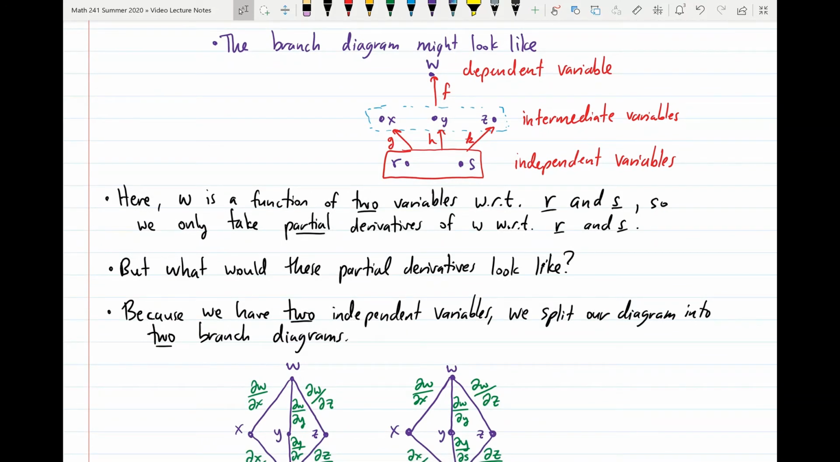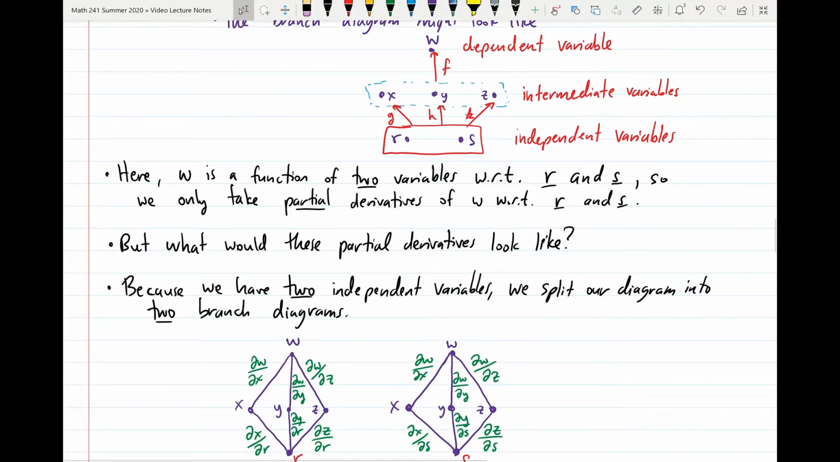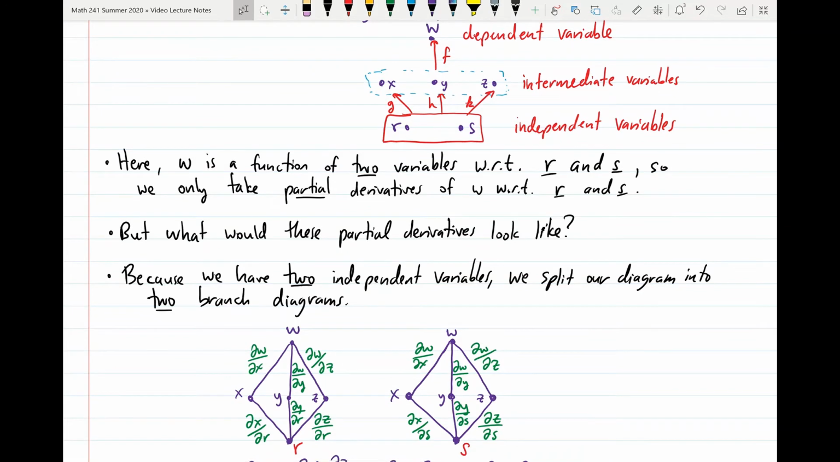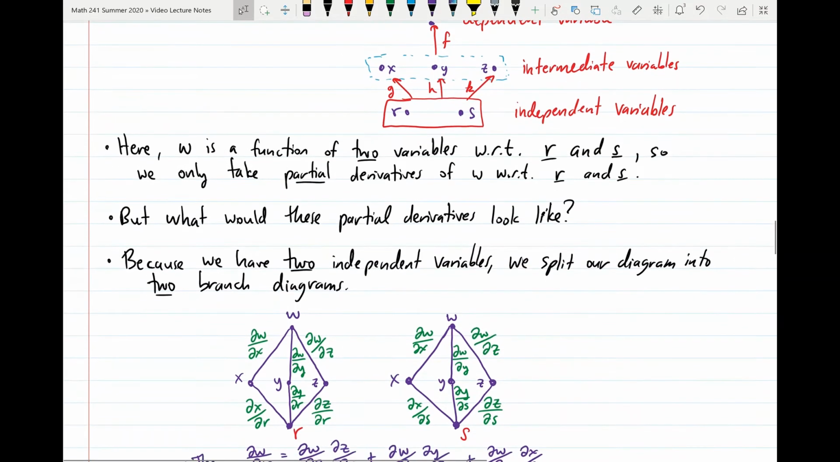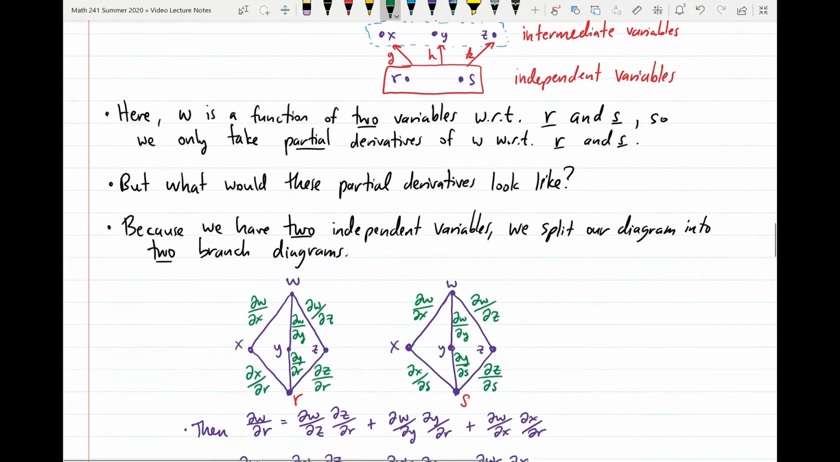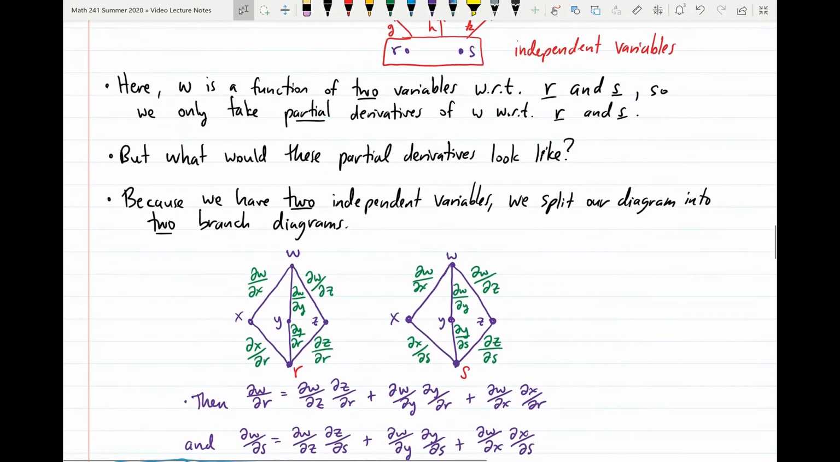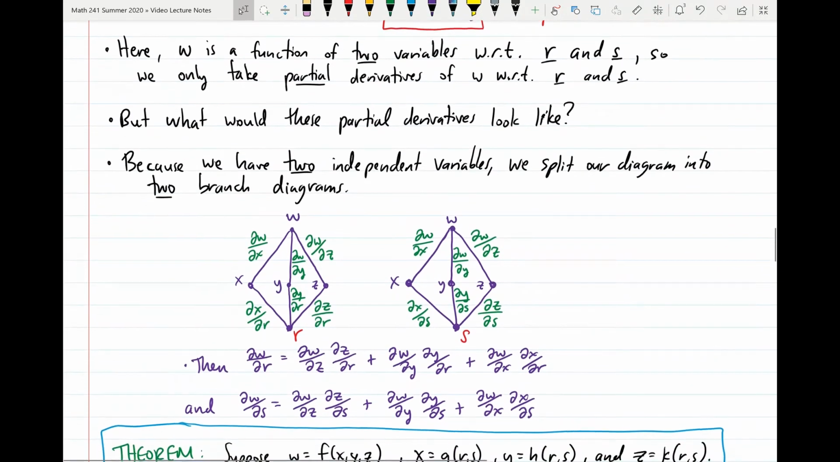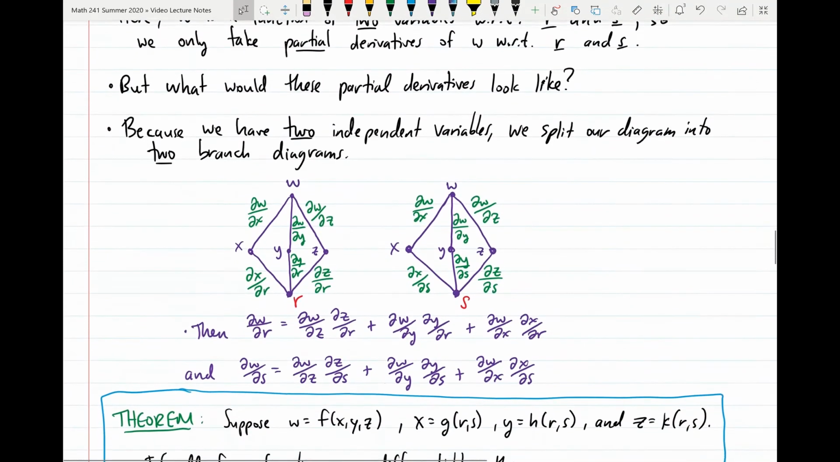It wouldn't make any sense to take just an ordinary derivative of w with respect to r or an ordinary derivative of w with respect to s, because w is now going to be a function of two variables in r and s when we compose, if we're going to view w as that composed function. But what are these partial derivatives going to look like? And this is where we can go back to the branch diagram and make more explicit what we're going to